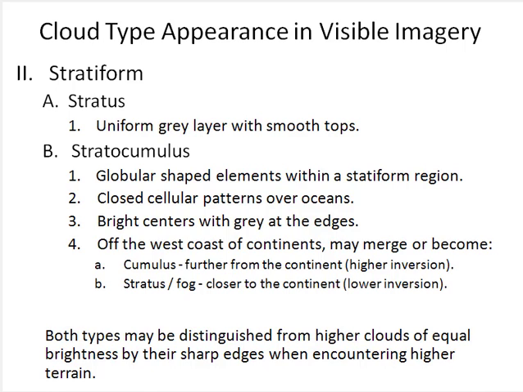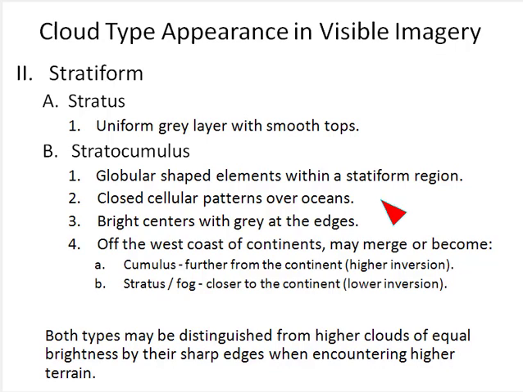Now let's discuss the other major cloud type we see in the tropics, and that's stratiform clouds. These can be broken down into two categories. First, stratus clouds, which are uniform gray layers with smooth tops, and stratocumulus. These are globular-shaped elements within a stratiform region, closed cellular patterns over the oceans, and also have bright centers with